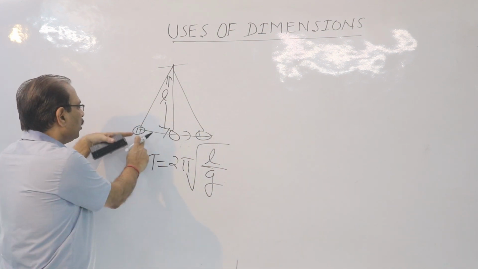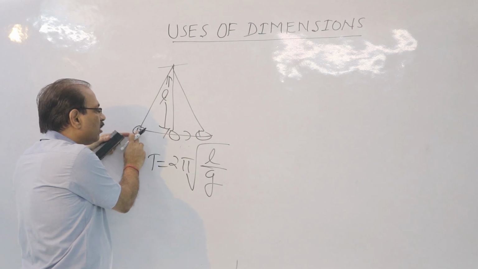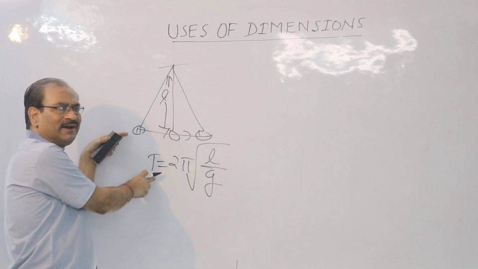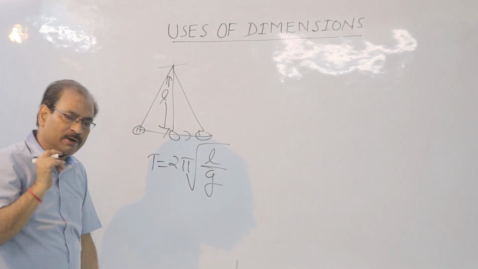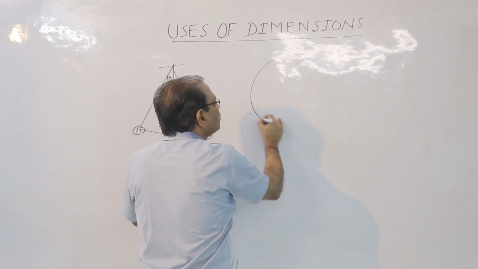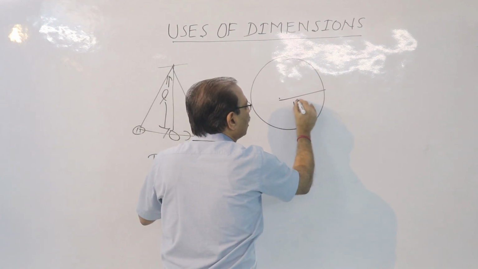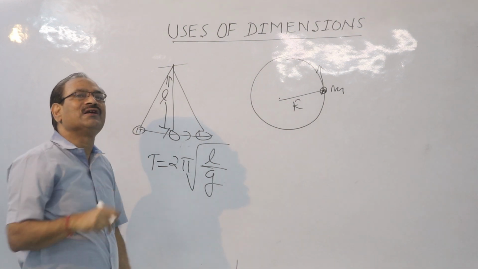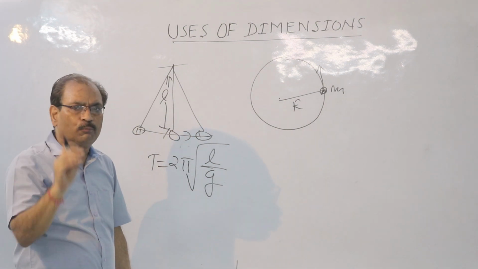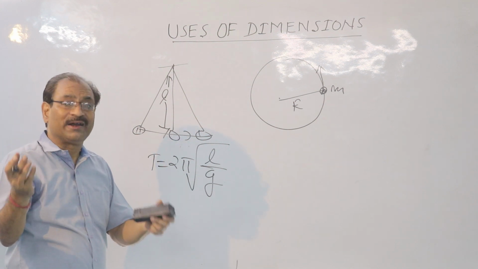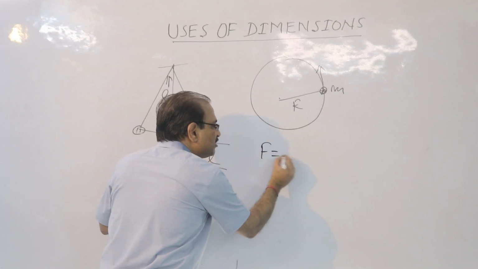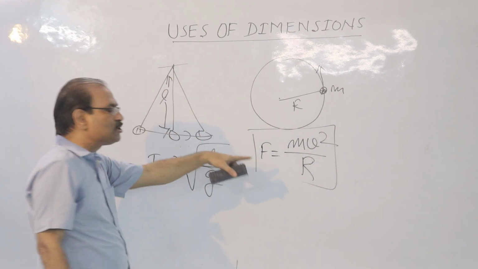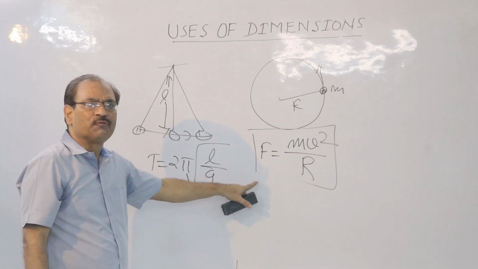What is the time period? You release from this point, it will go and will come back. The total time from this point to this point is called the time period. Formula number 1. Remember it. Formula number 2. Children, it is a circle. This is the radius r, the mass is m kilogram, the body is moving along the circumference of the circle. So there is another popular formula we shall be using in mechanics. Centripetal force F is equal to mv square upon r. I repeat, mv square upon r. These are the two popular formulae.